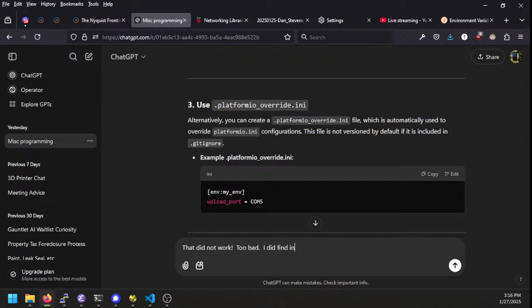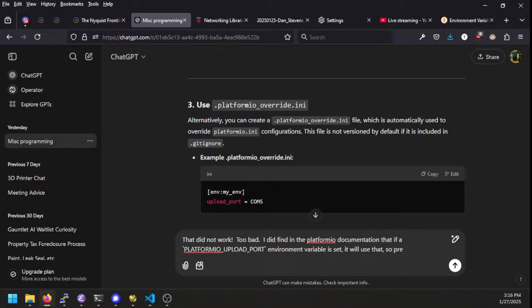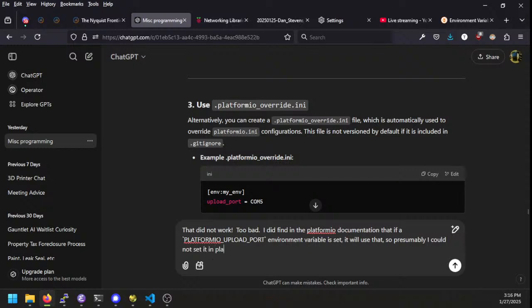I did find in the platform.io documentation that, or not so much that I can set an environment variable, but that if it is set, it will use that. So presumably I could not set it in platformio.ini. How would I set this? How would I configure things in Visual Studio Code so that when I